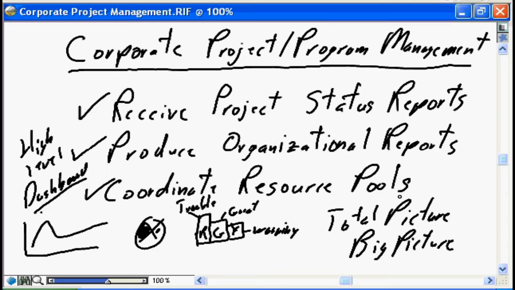And as business units need project managers, or team leaders, or analysts, or whatever the case is going to be, the PMO, because they're receiving all project status reports, because they're producing the organizational reports, are certainly in a position that they know who is available, even if they don't report directly into them, and can provide some level of coordination to ensure that resources, project-based resources, are being most effectively deployed